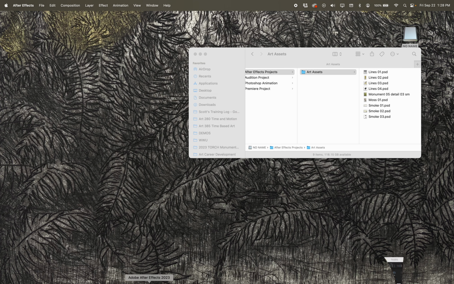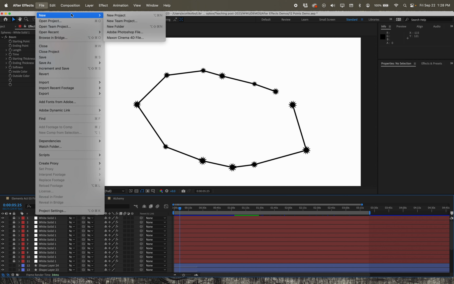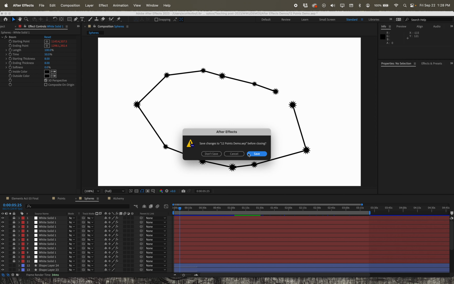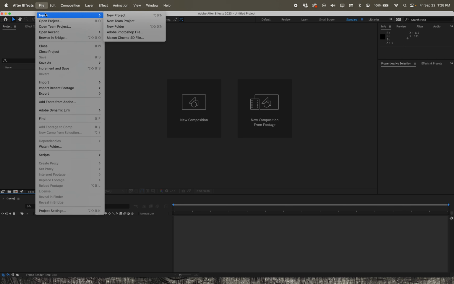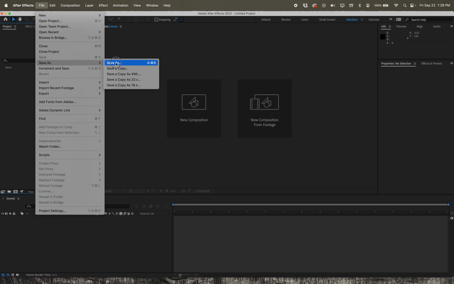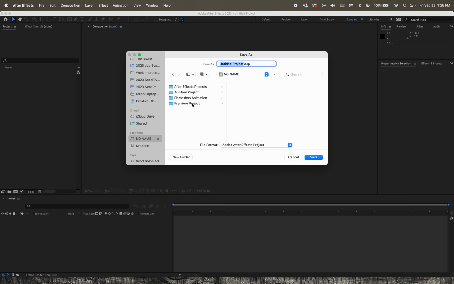So if you open up After Effects now, yours will look a little different than this because I've already got a project started up here, but you would go to File, New, and say New Project. And it'll give you something blank, kind of like this. So then at that point, you can go File, and go to Save As here. We want to save our Adobe project in your thumb drive. So again, however you navigate that on your computer, go find it. Here it is in my thumb drive. I'm going to go to After Effects, and I'm just going to call this